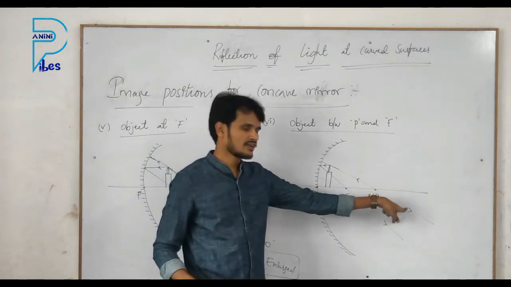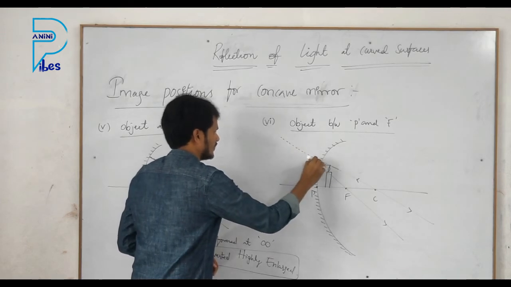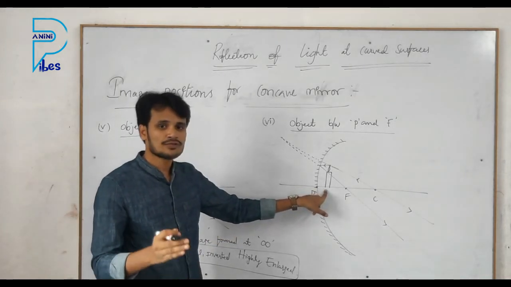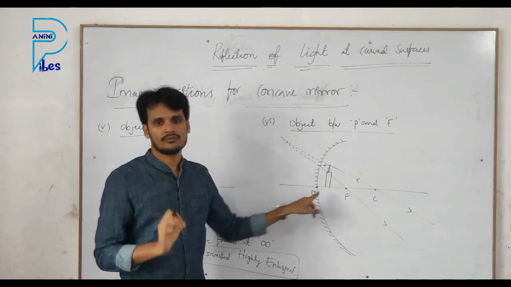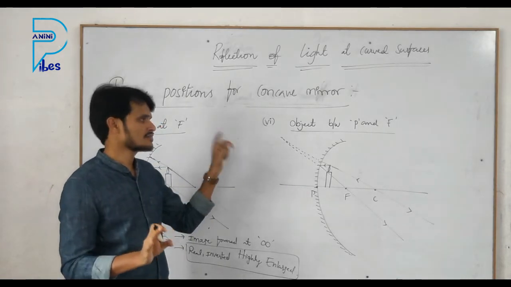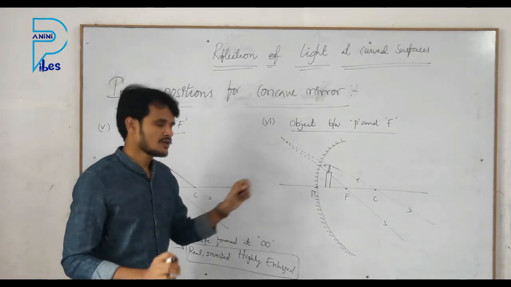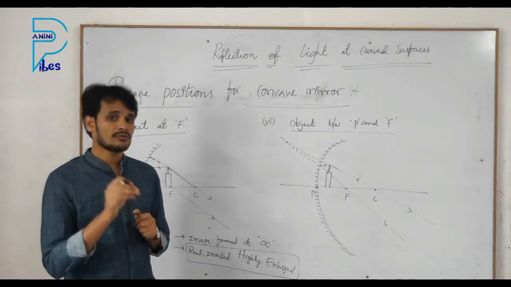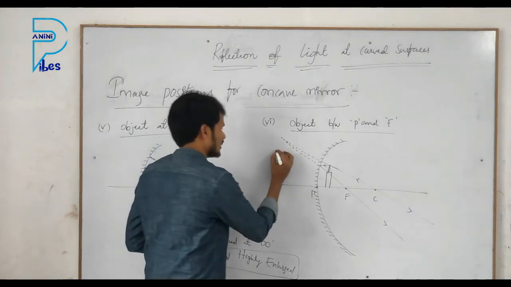Now if you extend these two reflected rays back, the image is not going to form on a screen. The image appears inside the mirror. We know that is a virtual image. Whichever image appears in the mirror is called a virtual image. So only in this one case, a virtual image appears inside the concave mirror, and that's why the concave mirror can show two types of images, virtual as well as real images. So here the image is formed,